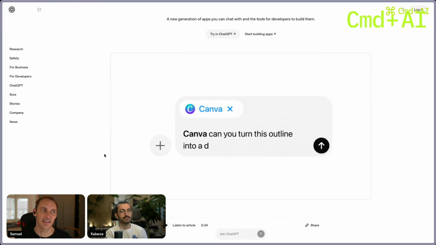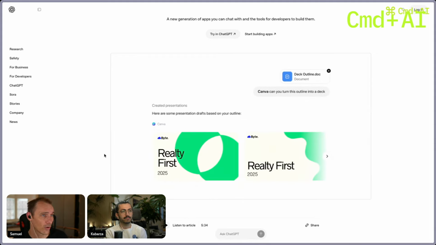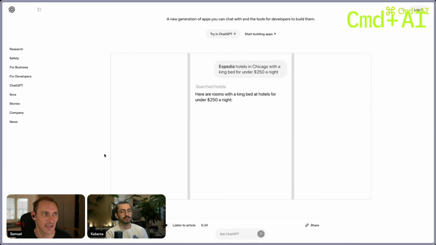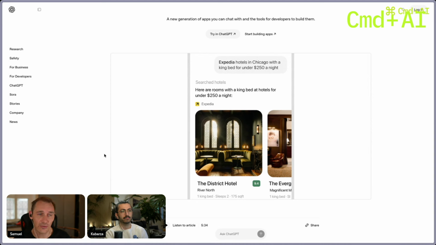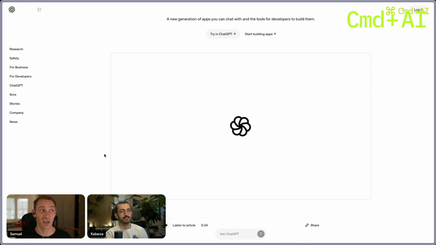Again, I need to look into the technicalities of this, but I think it's basically just media queries, or some form of recognizing that it's in ChatGPT. I don't know. I'll look at the SDK, but I think this is all web technologies. I don't think this is anything crazy. I think it's just TypeScript. And you build your app, or you format your app in such a way where it just looks nice inside of ChatGPT, and you reveal an MCP server to the chat, and it can work with it. And I really like this idea. I do wonder where this is going to go, because are people going to use apps inside of ChatGPT? I don't know, but this